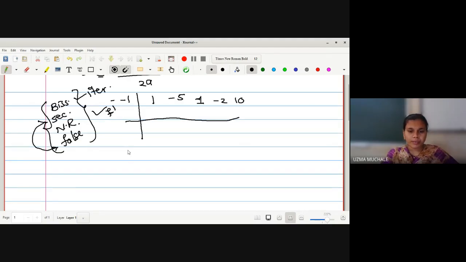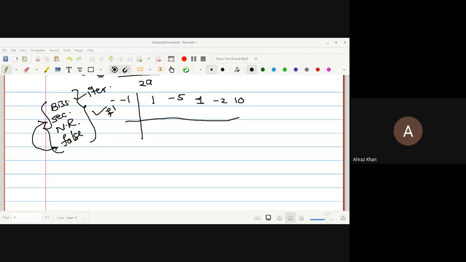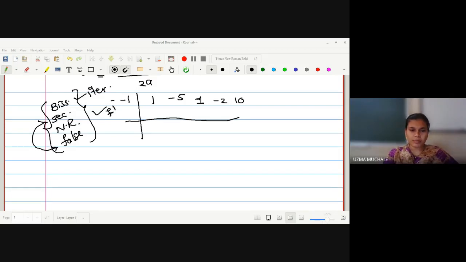Since, suppose I have given you one equation. Ma'am, the higher the degree of the equation, the harder it becomes to find its roots. That's why we are using such methods. No doubt, but one more reason is there. Suppose I give you one example, and with the help of that you will understand.